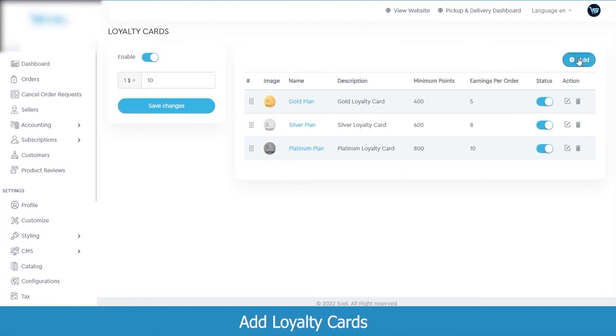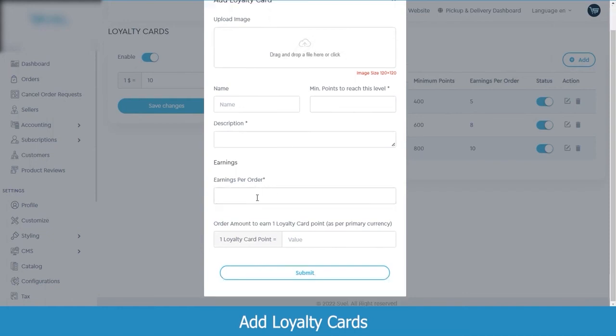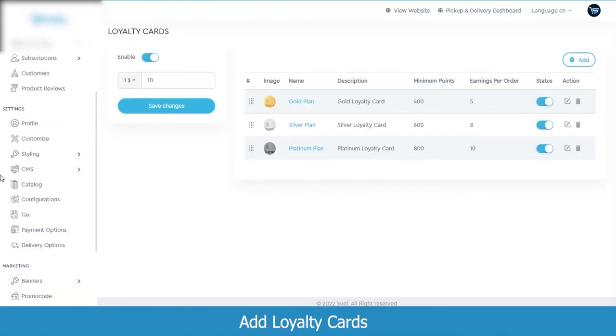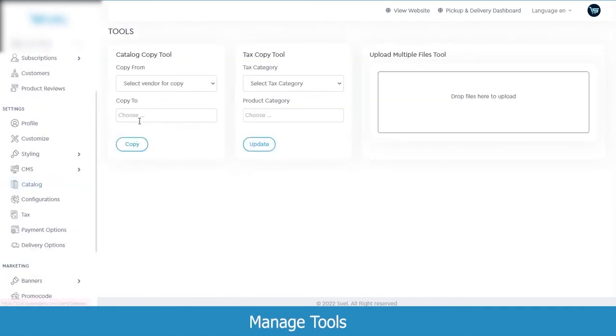In case you want to add a new loyalty plan, you can click on the add loyalty card button. You can upload the loyalty card image, name, minimum points required to reach that level, description, how much the customer will earn per order, and you can select the order amount to earn 1 loyalty card point. So all these tools help maintain customer retention, and encourage the customer to place the orders on your website. Next come the tools, from where you can,